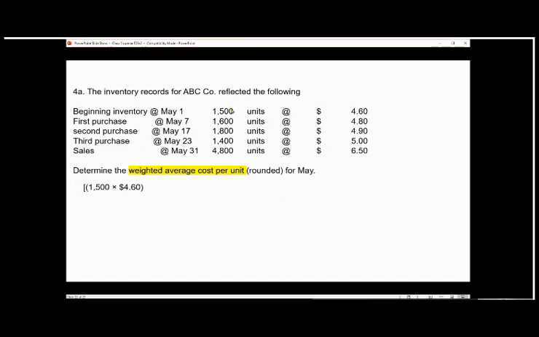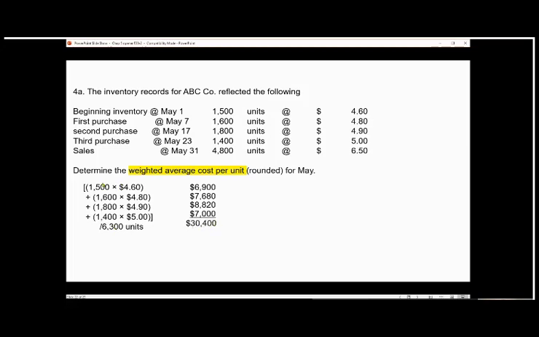It's going to be 1,500 units at $460, which is $6,900, plus 1,600 units at $480, which is the next batch, and that's going to be a total of $76.80. The next batch is 1,800 units at $490, which is going to be a total of $88.20. And then the next batch is 1,400 units at $5, which is going to be $7,000. You'll add all these things together because we're getting a weighted average. Add all that together, and you get 6,300 units, and you get